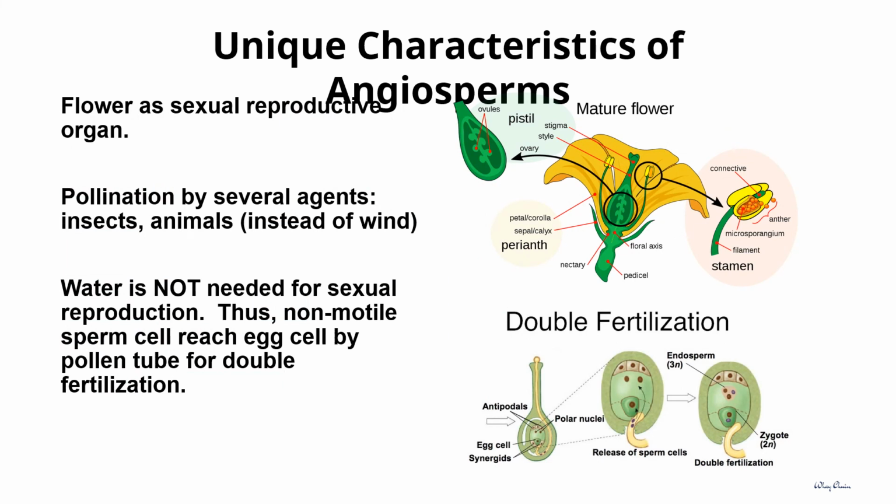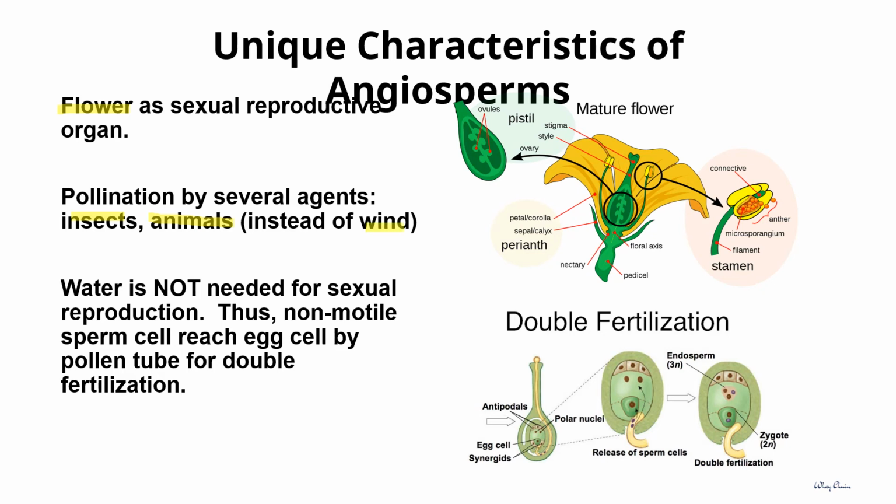And one of the most important unique characteristics of angiosperms is that they have flowers as their sexual reproductive organ. With the presence of flowers, the pollination agents show higher variety. It can be biotic components such as insects and animals, or some of the flowers will require abiotic pollinators such